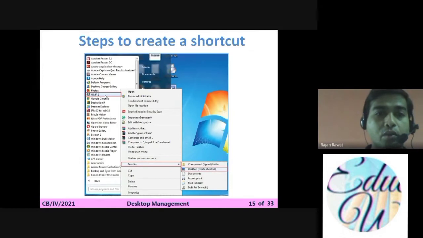As you do, you right click the mouse, and then you will get one more dialog box. It has an option of send to, and as you click on send to, you will get one more box. It will show you desktop create shortcut. Understood?